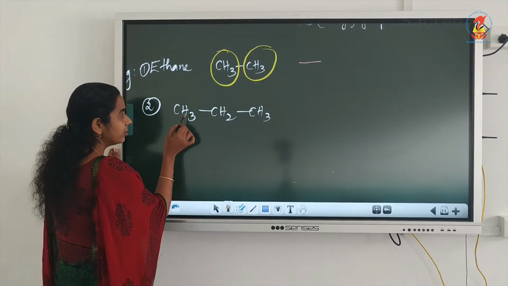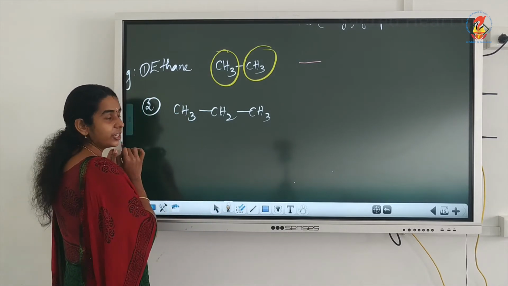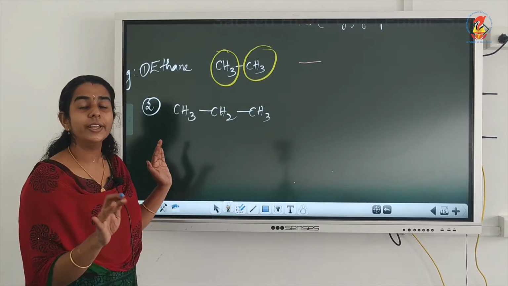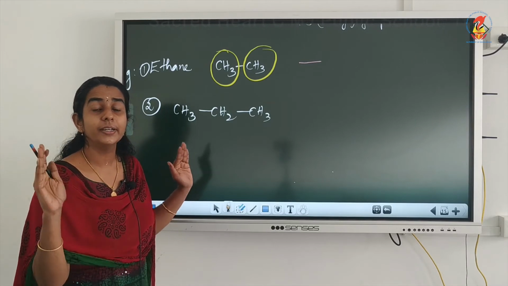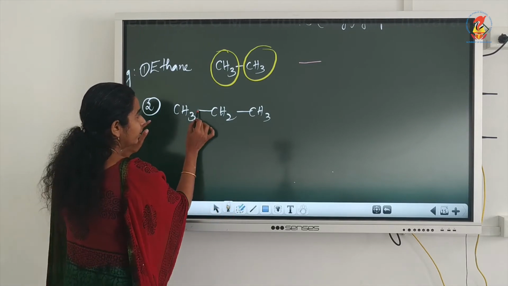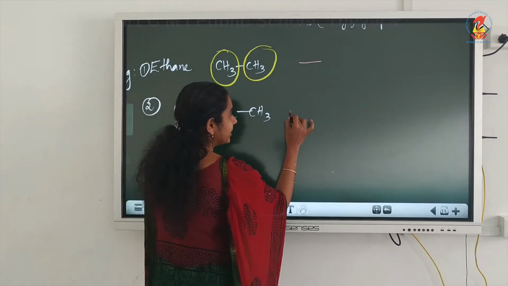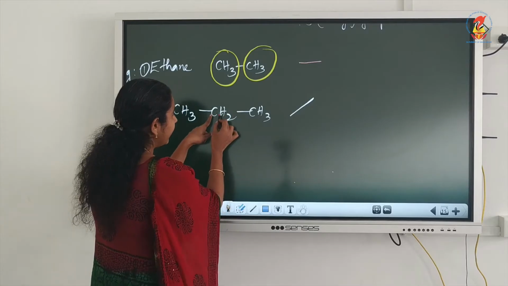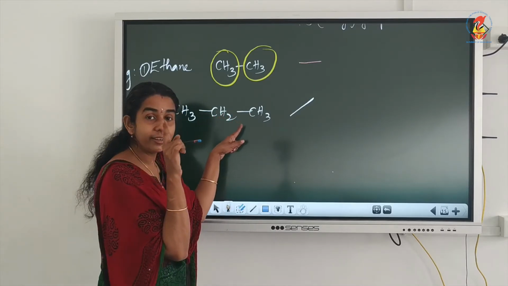Yes, here also we cannot write this carbon and hydrogen. This we cannot represent, this also we cannot represent. What we can represent is only the carbon-carbon bonds. So the first carbon-carbon, it is a single bond, isn't it? Here it is understood, here there is one carbon, here also there is one carbon, but we cannot write it. So what we can write is only one single bond. Now, the second, from this carbon to this carbon, another single bond.